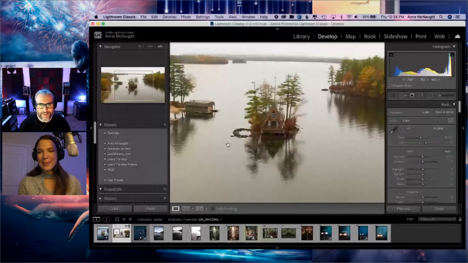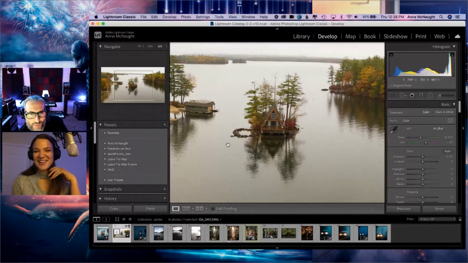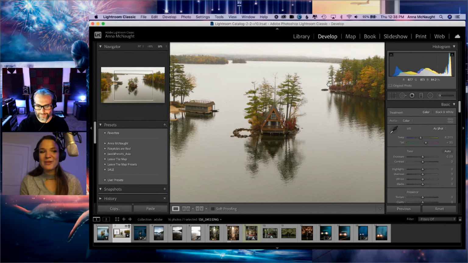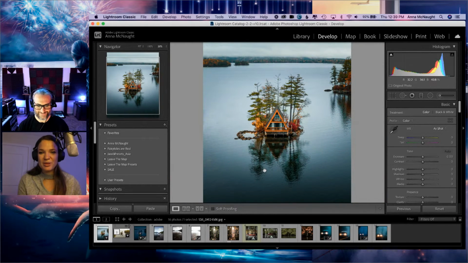This is where we kind of left off yesterday with the pre-treated version of our magical little island home in Lake Winnipesaukee, New Hampshire. I wanted to do a quick little recap of just what we did for anyone that was on or anyone that missed it and wants to go back and watch day one. We took this drone picture from Lake Winnipesaukee, and we edited it slightly similar to this one. I actually had reset the drone picture, but very similar, just in a classic edited style, kind of the way we edit our travel photos over on Leave the Map.